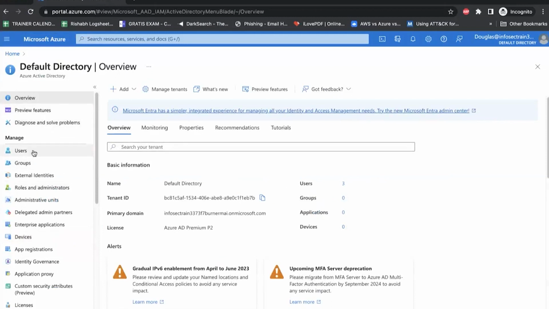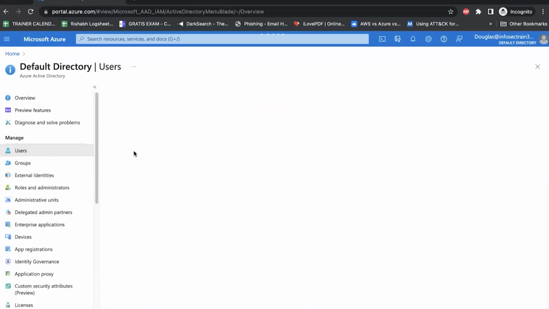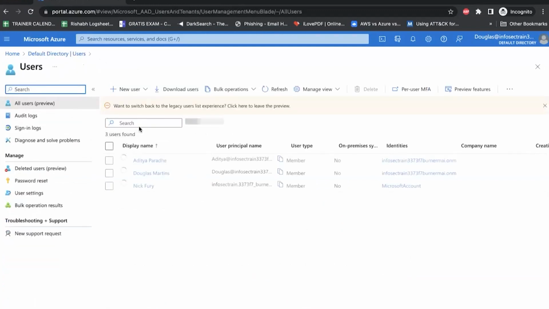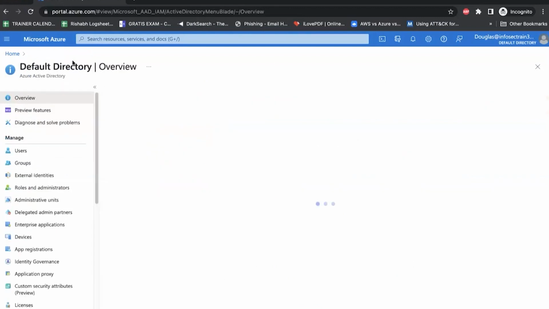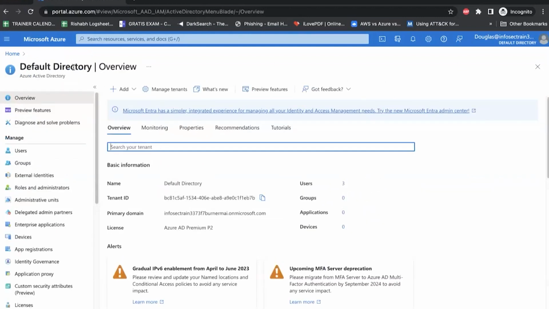Douglas can't see this right now. In my security features, I have let the new user access this portal. If I restrict the access, you will be unable to see this. If Douglas wants to create a new user, you will see this feature is hidden. This kind of control based on your role, what you can do and what you cannot do, is defined by role-based access control.